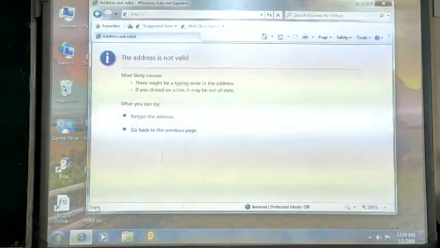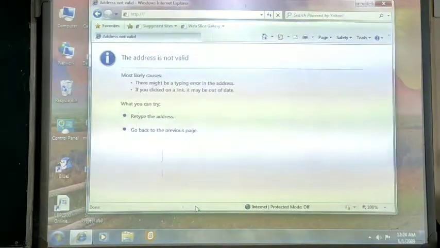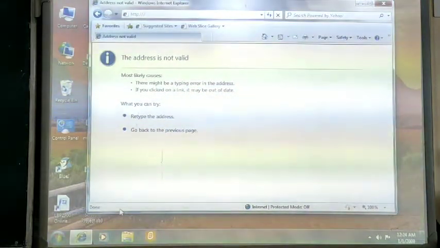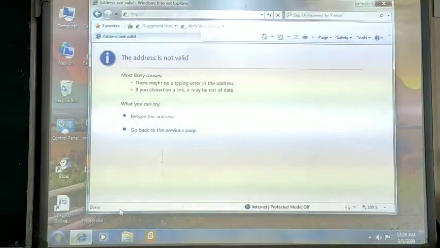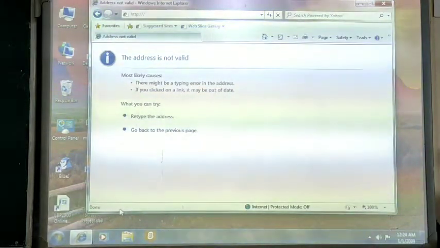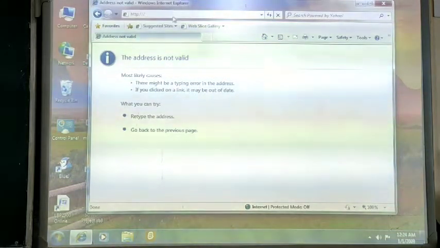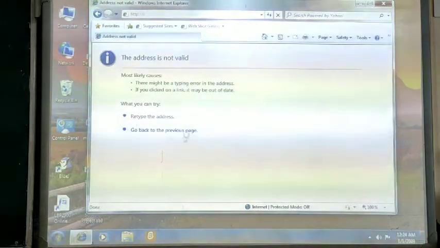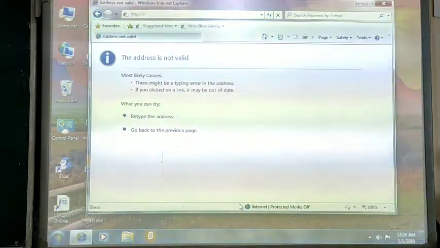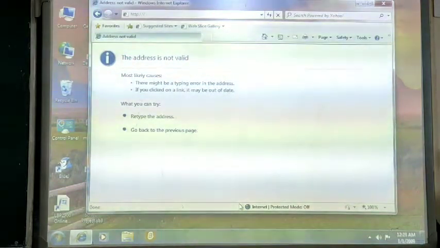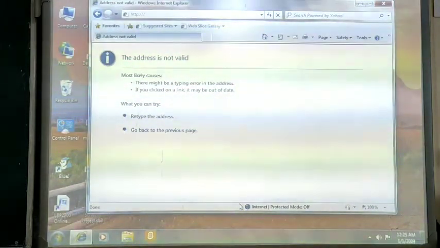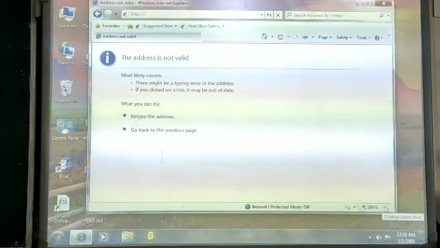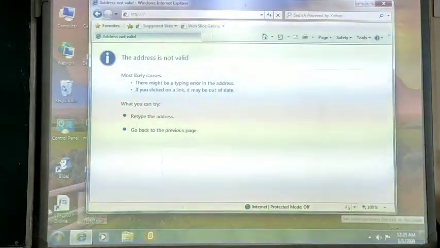At the bottom you can see there is a status bar. The status bar displays the number of elements to be viewed on the web page and the progress of the web page as it loads. Suppose you have entered a URL in the address bar and clicked the Enter key. On the status bar it will show you whether the opening process of the web page is in progress or not. Along with that, there is a zoom option, and you can change the zoom options from there.